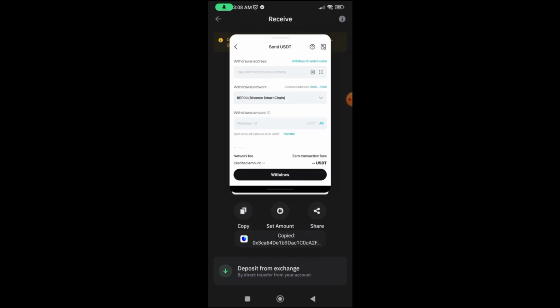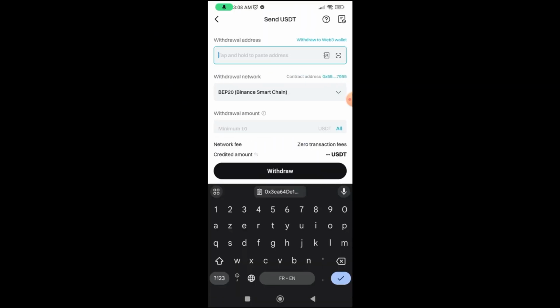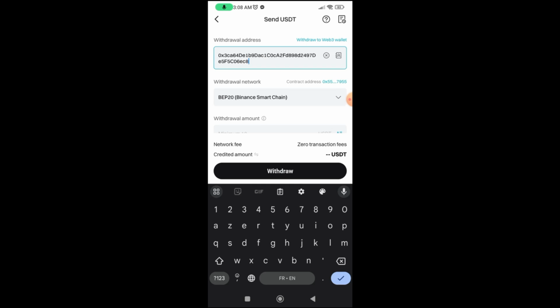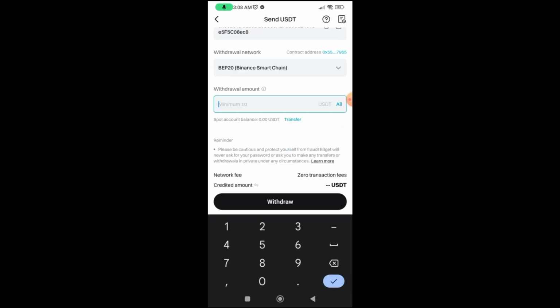Now, go back to Bitget, as you can see, and expand this window. Now, here, just paste the withdrawal address, as you can see. Now, after you paste it, enter here the amount that you received from that OGC token. For example, if you receive 100 USDT or 1000, type what you receive. Now, as you can see, it's zero transaction fees, and you will receive 1000 or 100, that much that you